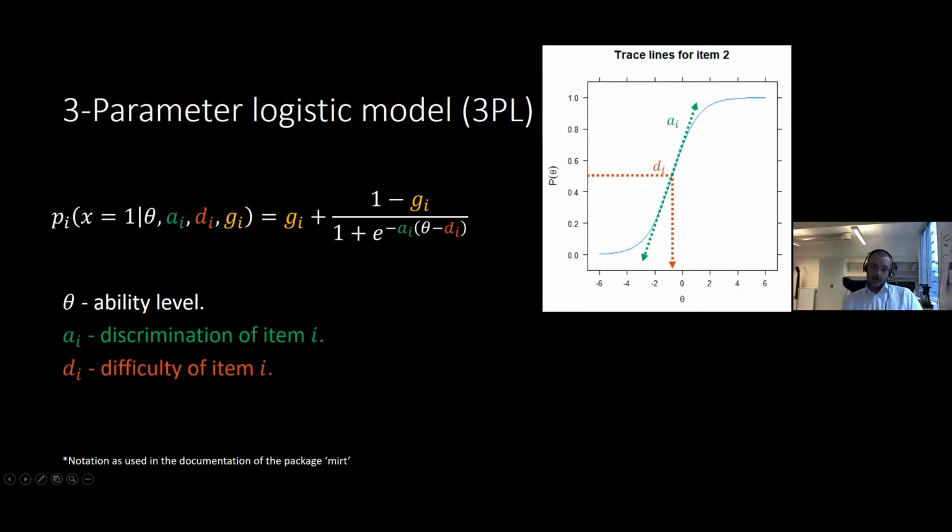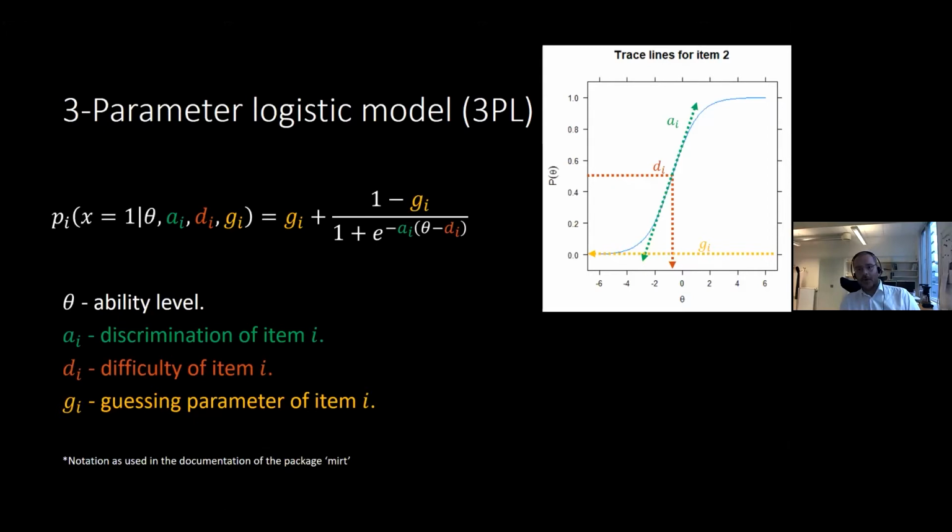And depending on what the G factor is, it's halfway between the lower level and the upper level, the lower bound and the upper bound. But if you have the guessing parameter restricted to 0, that would be when you have a 50% chance of getting it correct. So as I said, the guessing parameter, if you have a multiple choice item, for example, with 4 options,